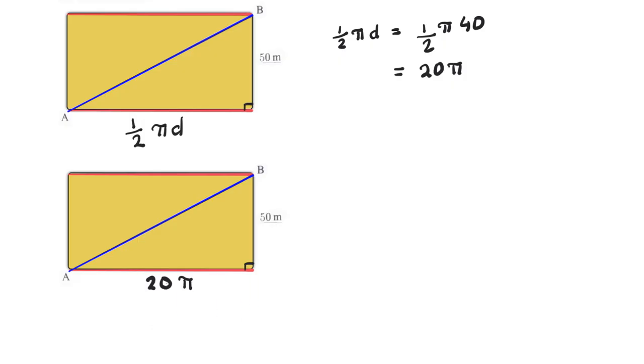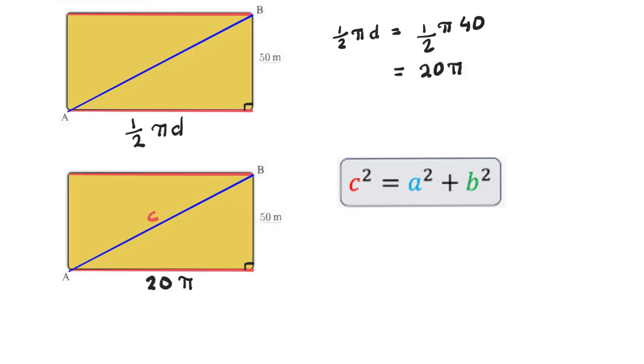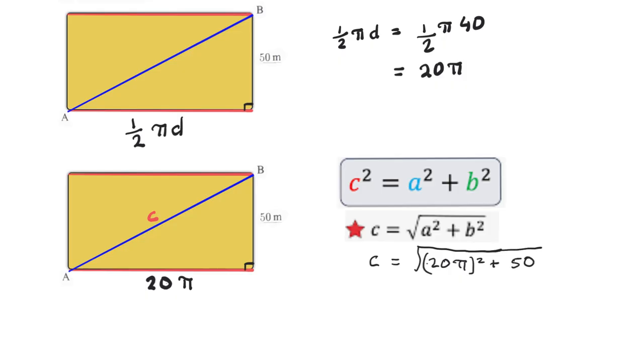Using the Pythagoras theorem, where C will become the diagonal and A is going to be one side, like 20 pi, and B is going to be 50 meters, and we can rearrange this for C. So the formula looks like C is equal to the root of 20 pi all squared plus 50 all squared. Working all of this out on the calculator, I get